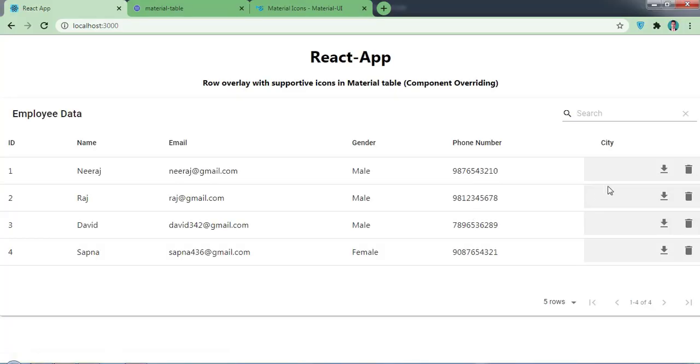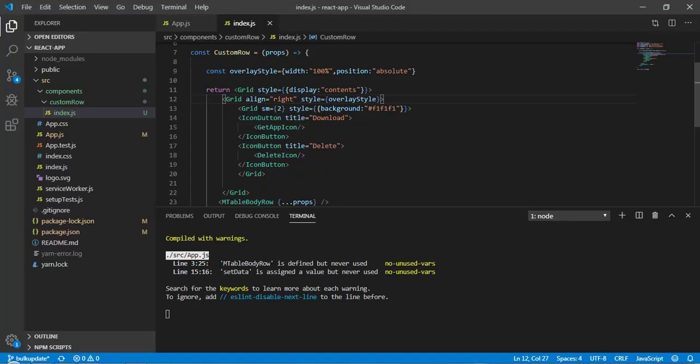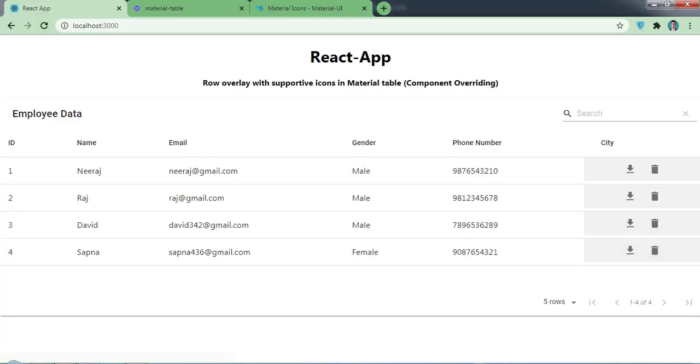Okay, so now this is on the right side, but here as you can see this is to right. So if this icon is being in center, it will be better, isn't it? So here what I will do is I will add an align property to the inner grid, and here I will call it align, and here I will define this value as center. Now save it and let's come back here.